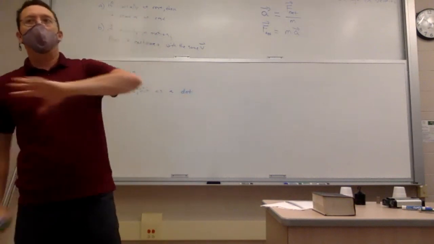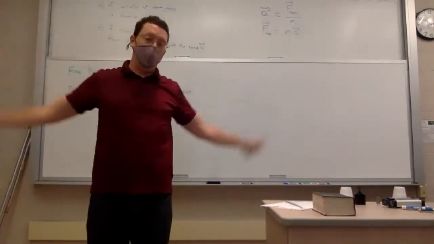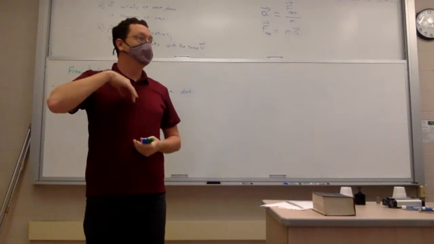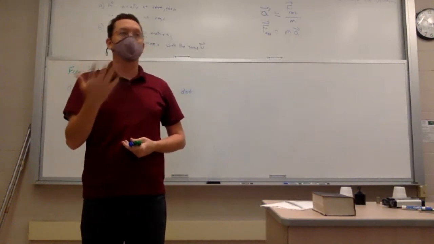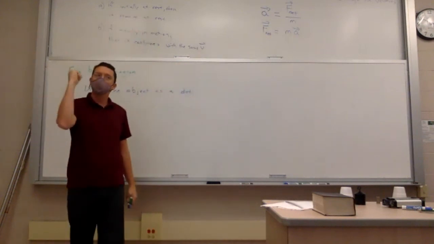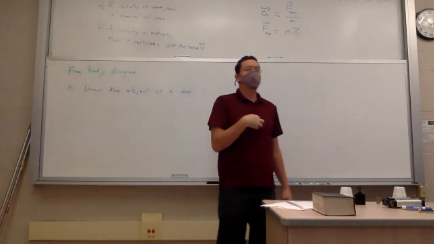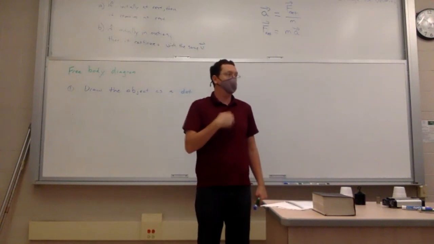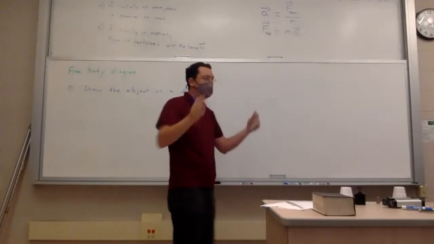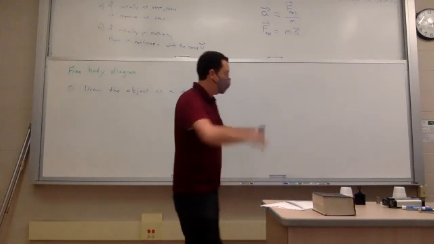Newton's laws work for everything. Okay? F net equals ma for everything. So that means none of the details of the object matter to apply this law. So let's not get distracted by details of the shape of the object, the color of the object, the taste of the object. None of that matters, so don't put it in the diagram. We just put a dot to represent the object. If you're being really particular, what it actually represents is the center of mass, or the center of gravity of the object. Even when things are big, we're ignoring any details about shape.